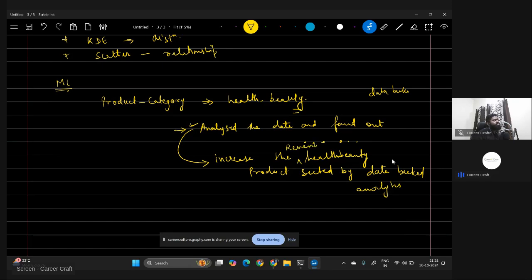If your insight is actually improving the business, then you can put it like this: increased the revenue by 2% of the health beauty category using analytics. That's it. Very simple. You don't have to do any rocket science. This is the way you put it, even if you are doing machine learning prediction. You can write something like this: